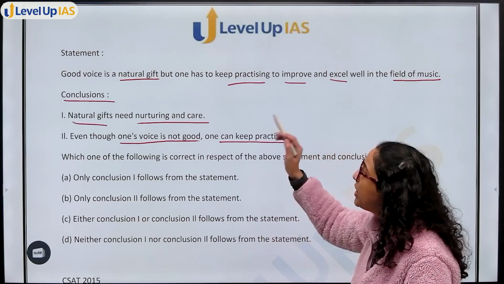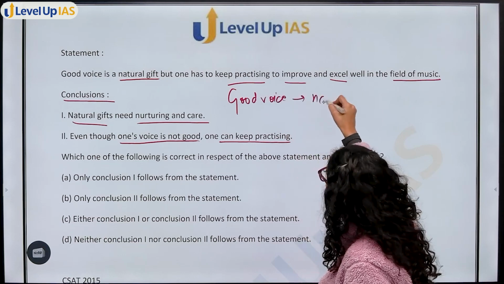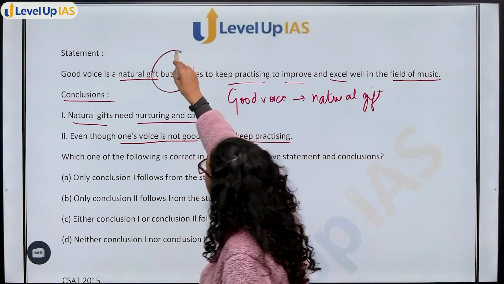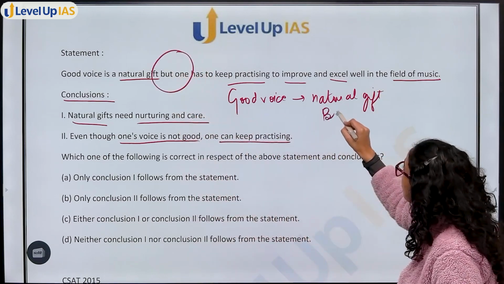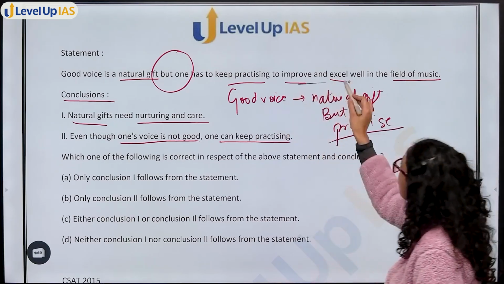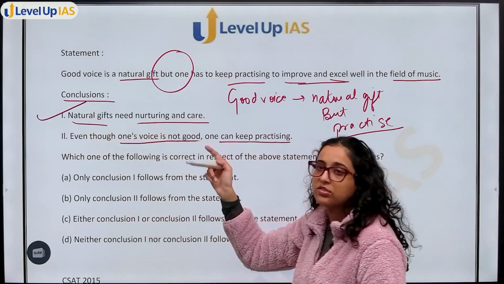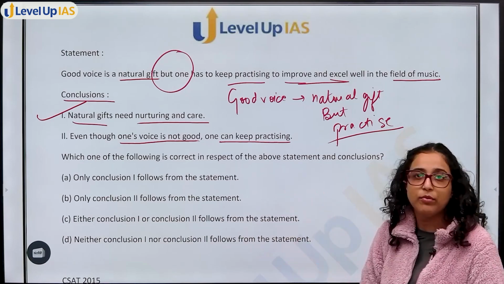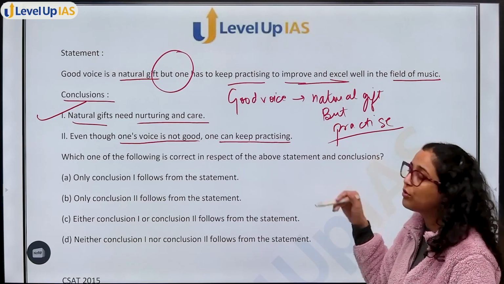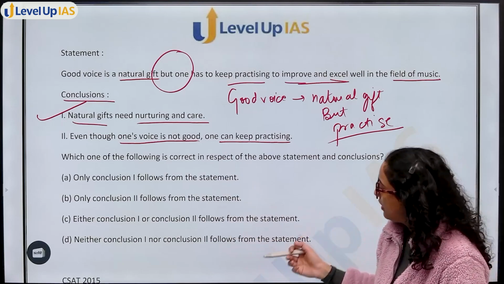ठीक है। सो यहाँ पर क्या गिवन है, गुड वॉइस। गुड वॉइस क्या होती है, इट इज अ नेचुरल गिफ्ट, ठीक है। बट नेचुरल गिफ्ट तो है, बट वन हैज टू प्रैक्टिस, कीप प्रैक्टिसिंग टू इम्प्रूव एंड एक्सेल। सो फर्स्ट स्टेटमेंट जो है, फर्स्ट कंक्लूजन, नेचुरल गिफ्ट्स नीड नर्चरिंग एंड केयर, दिस इज ट्रू। तो आप उस पे गुड वॉइस जो है एक नेचुरल गिफ्ट है, यू कीप ऑन प्रैक्टिसिंग टू मेक इट टू इम्प्रूव एंड एक्सेल। दैट मीन्स नेचुरल गिफ्ट्स को नर्चरिंग और केयर की जरूरत होती है।